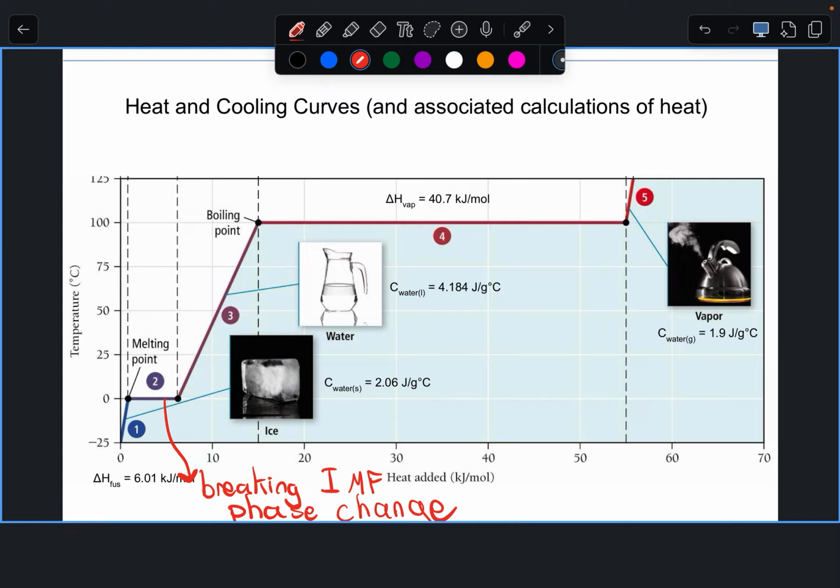Guess what? Right when you finish melting that, but before any more heat's been added, you're still at 0 degrees Celsius. You're just at 0 degrees Celsius liquid water instead of 0 degrees Celsius ice, okay? Then as you add more heat, your temperature starts increasing again. So it's this kind of weird phenomenon where you do not change the temperature of a substance until that phase change is complete. So like, for example, if you have ice in your water bottle, like you put it in there,